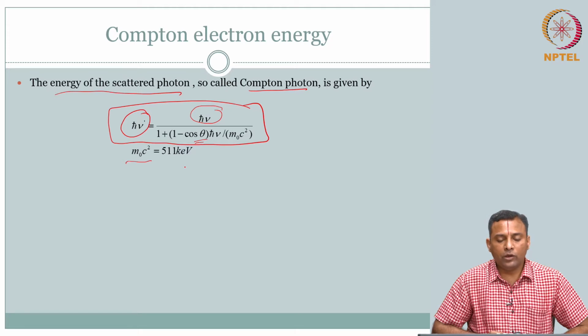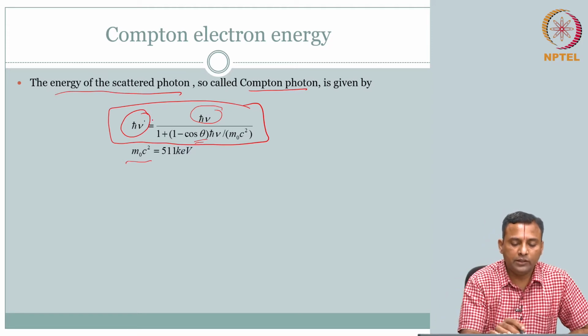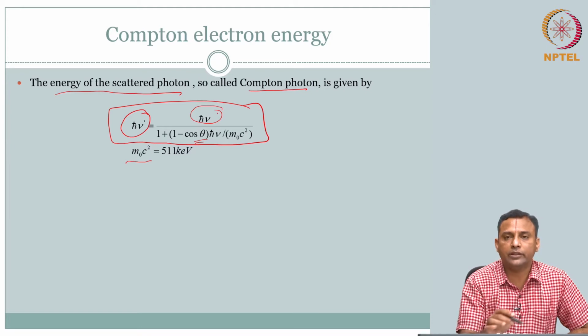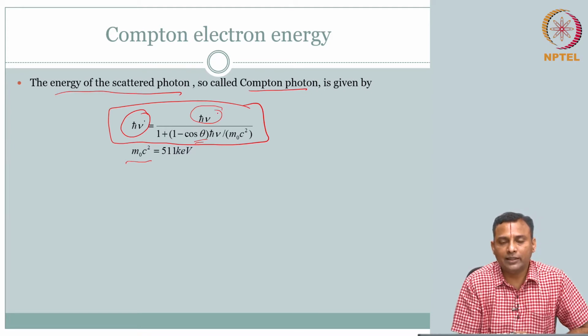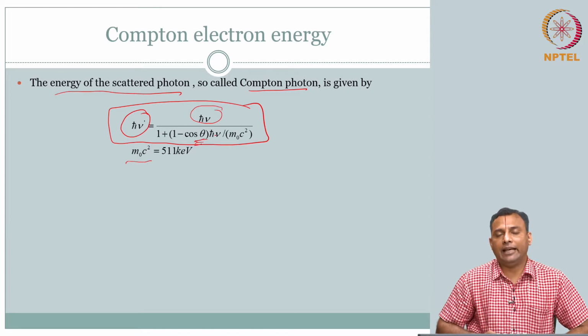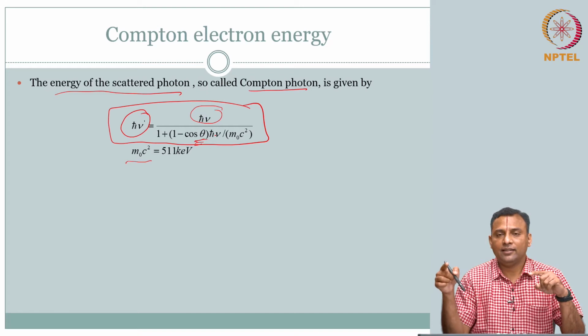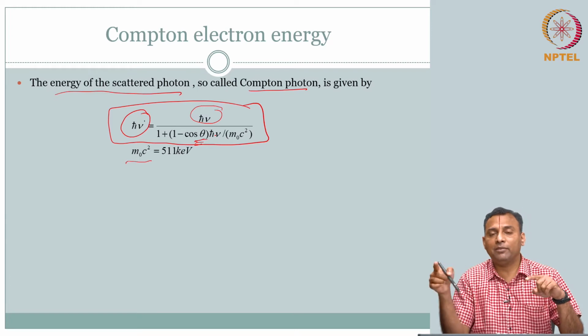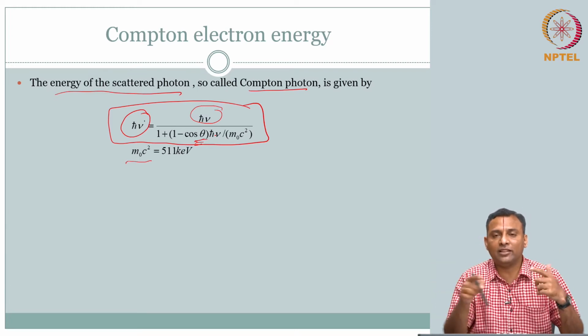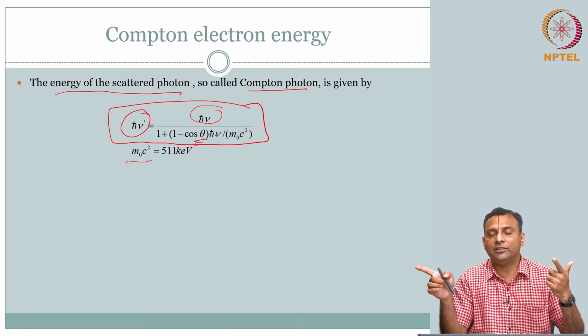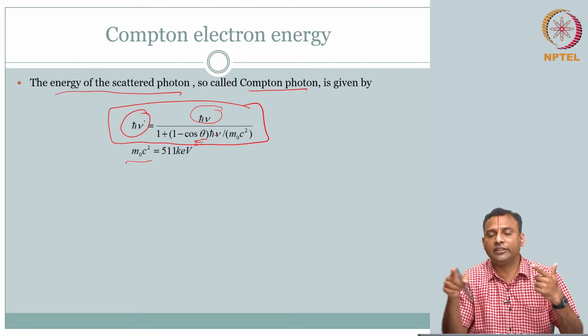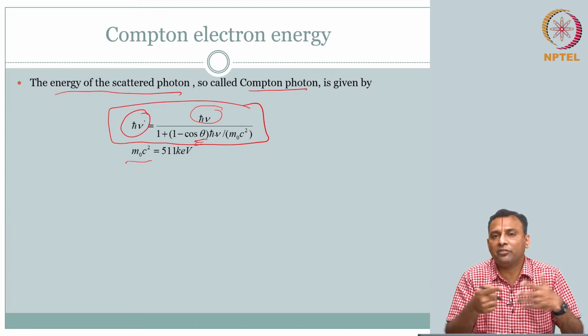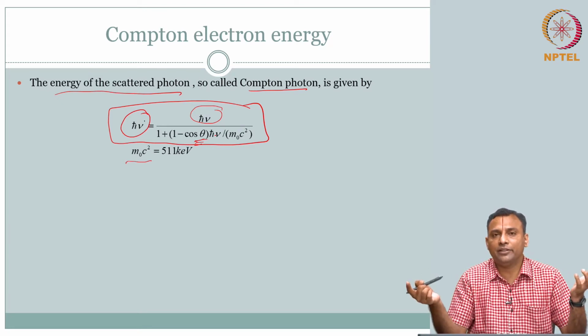If you really look at it, we know this energy is going to be less than this energy, but how much less depends on theta. Intuitively speaking, if there is no change in path, then h mu dash will be the same as h mu. There is no interaction taken place, it has not lost any energy or changed path. Theta of 0 means it has not changed any path, that means it probably did not interact, and therefore there is no energy lost, and you will get the same energy.